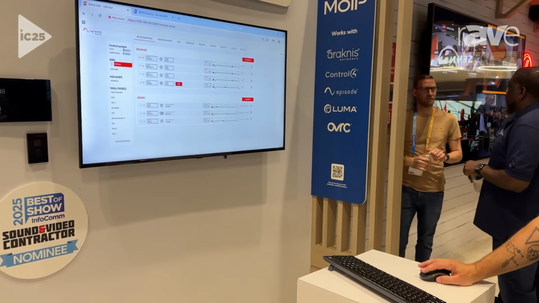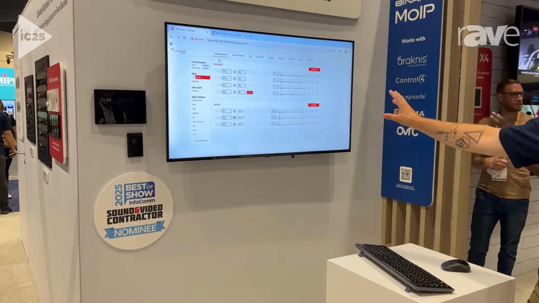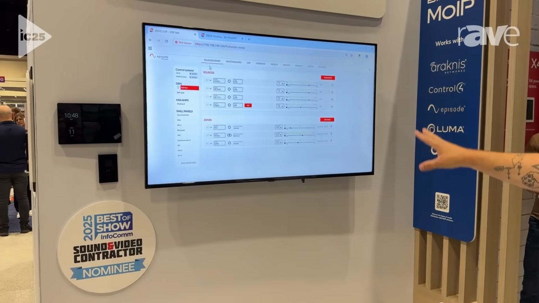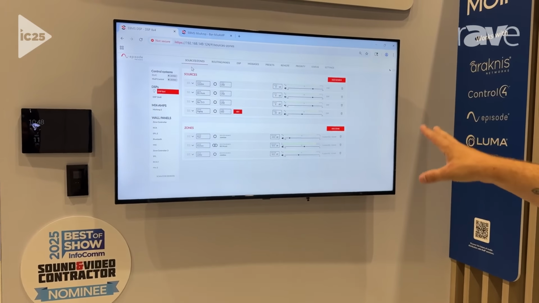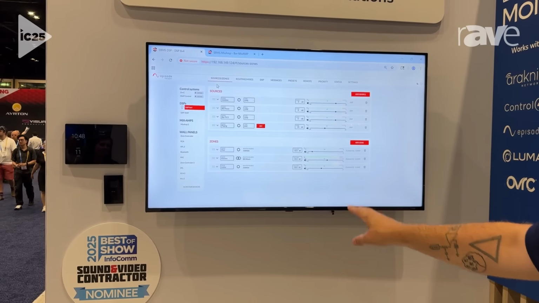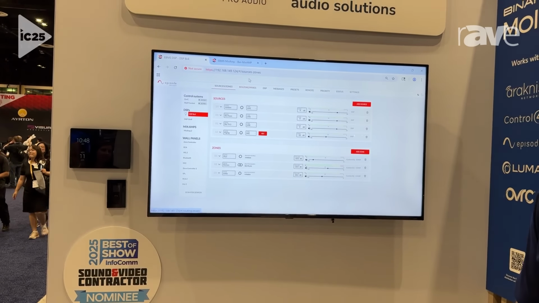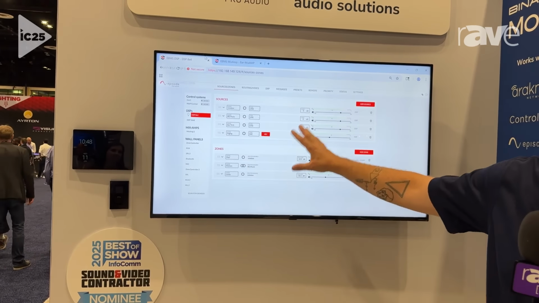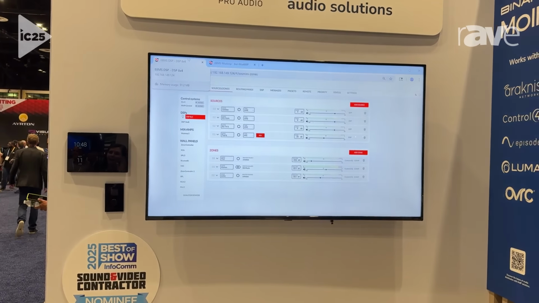this is the configuration UI. The configuration can be done via network without an internet connection or can be done completely remotely via OvrC. So if you access OvrC, you have access to all of these features natively in OvrC, or you can access